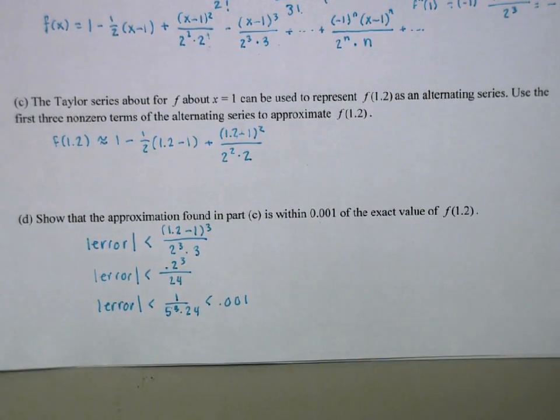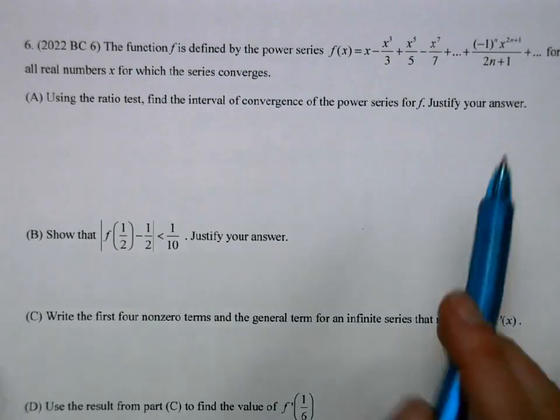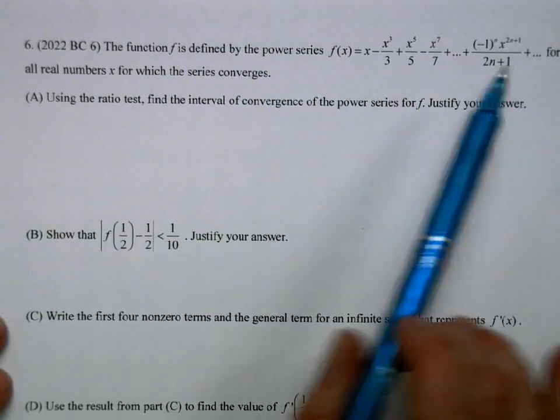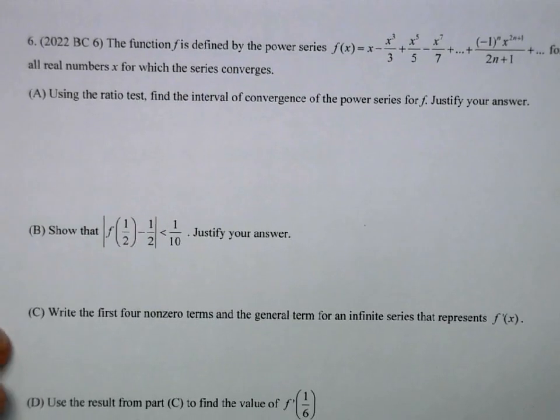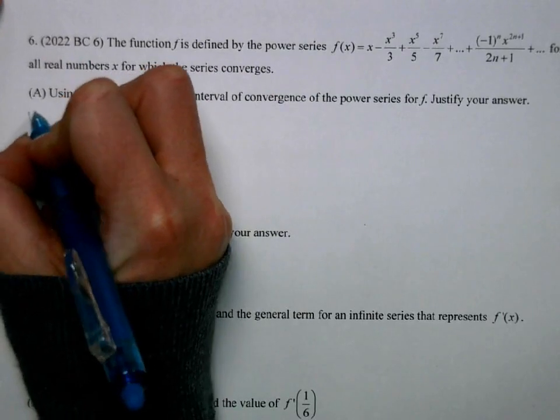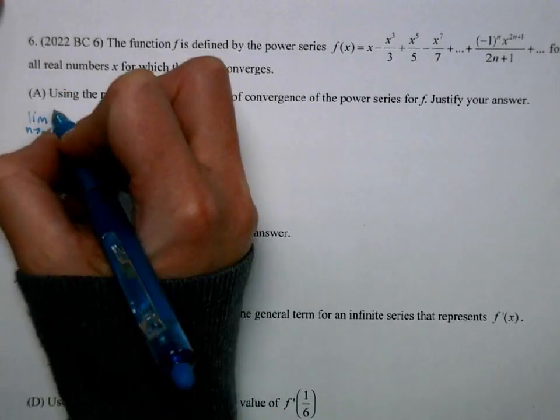Okay, our next example is from the 2022 exam. So we have a power series given to us with the general term. So part A, we're going to use the ratio test to find the interval of convergence for f. So in our ratio test, we do the limit as n goes to infinity of the absolute value of the nth plus 1 term